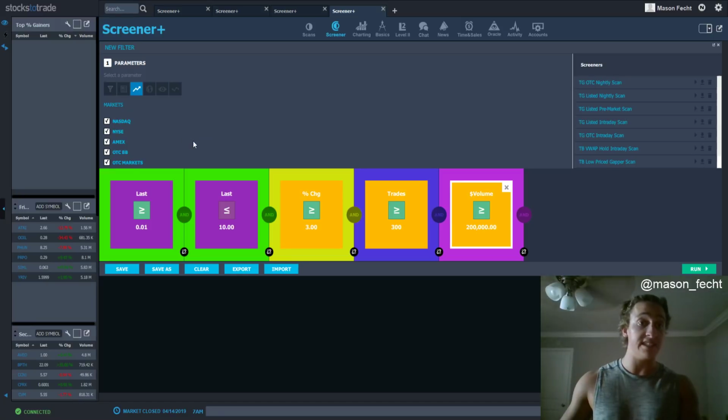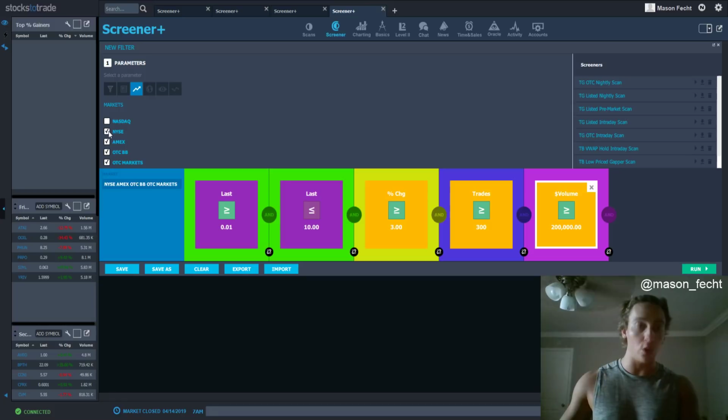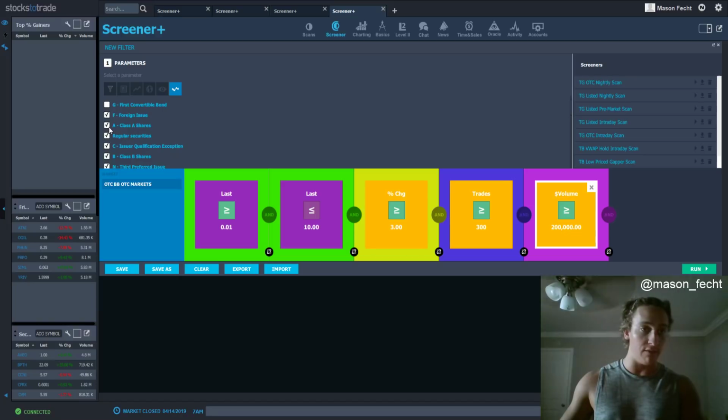because this is an OTC specific scan, we want to uncheck NASDAQ, New York Stock Exchange, and AMEX because those are all listed markets. We're going to keep all the sectors checked. We don't need to worry about that. And then lastly, we're going to go to the stock types, and it's going to be the exact same thing as the previous one. We're going to do a lot of unchecking. So we are only going to leave foreign issues, regular securities,